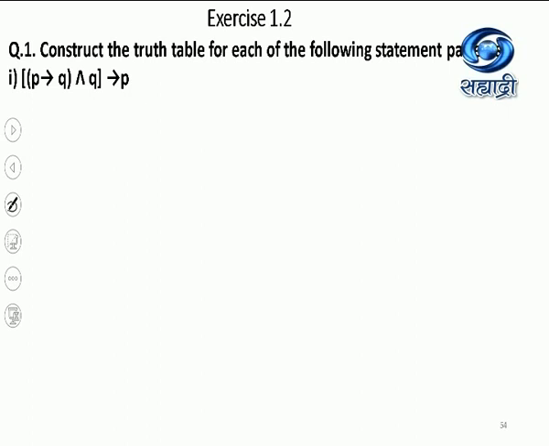Now to prepare the truth table, we have to use the basic rule. What is the basic rule to prepare the truth table? We have to first find the number of columns in the truth table. And how is the number of columns determined? By counting and adding the number of statements and the number of connectives. Now in this given statement pattern, please note, for any given statement pattern, if the prime components P, Q, R repeat, you have to count them only once, starting from the left side and going to the right side.